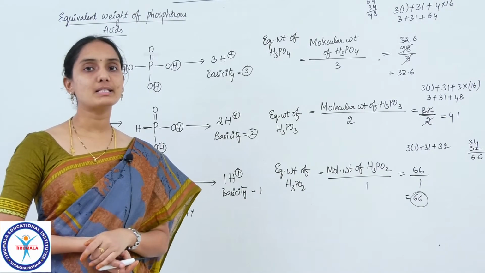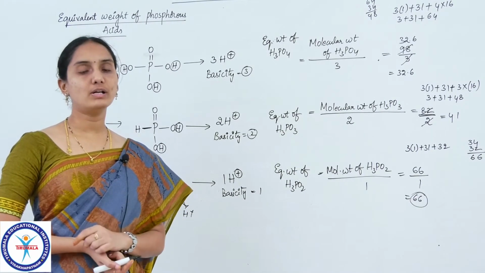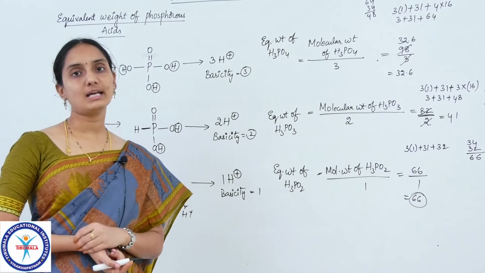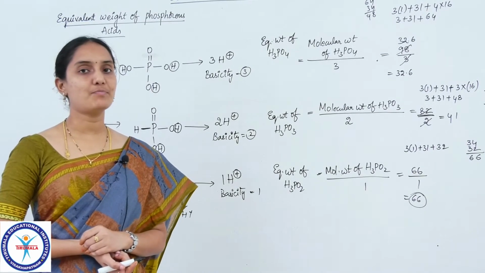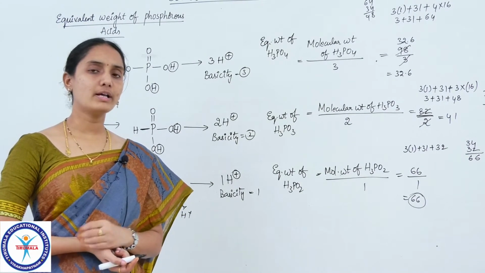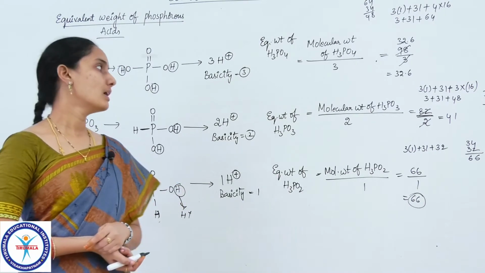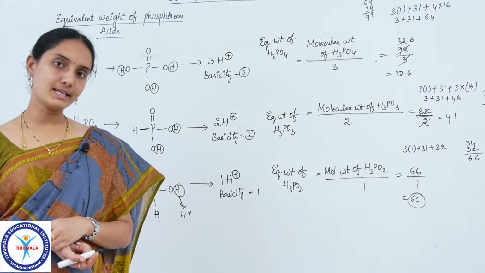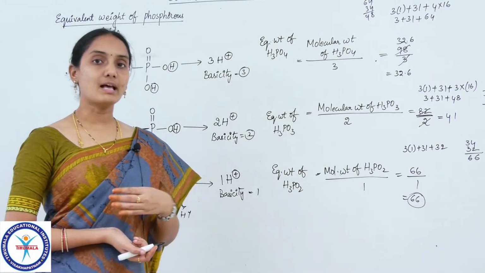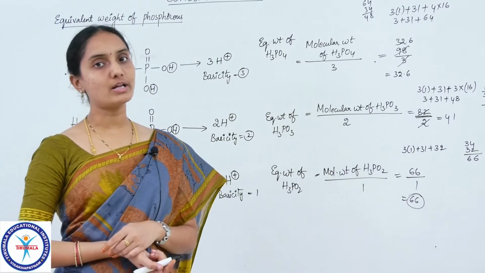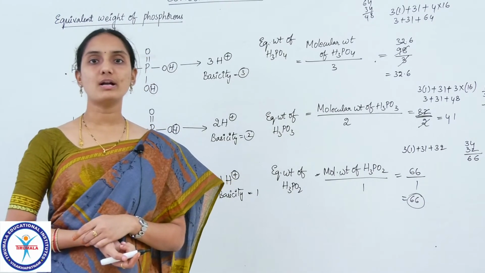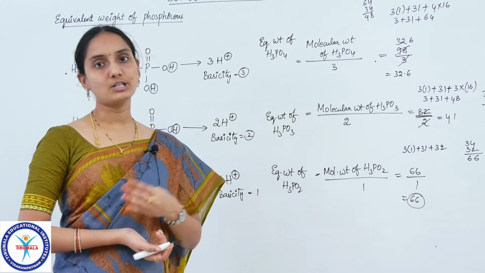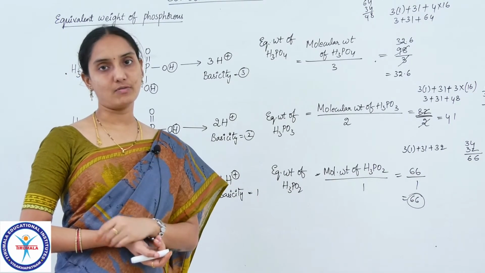While checking the basicity, be careful, because the majority of you will make mistakes there. Basicity determination is very important for an acid. According to the formula, you check whether it is a monobasic, dibasic or tribasic acid, and sometimes they may give you an equation and ask accordingly. In such conditions, check the basicity according to that equation, how many H+ are being produced in that equation only.